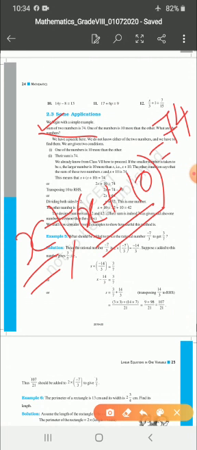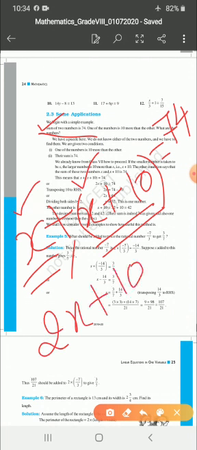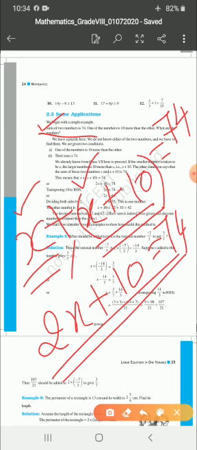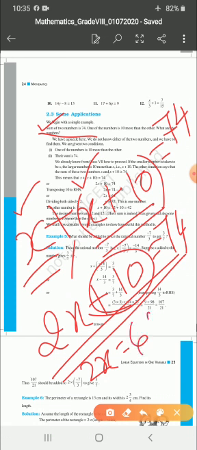Now solve this. x plus x, 2x plus 10 is equal to 74. We discussed how to solve this kind of equation in our previous video. In the same method you are going to solve it. 2x remains here only. I'll send this plus 10 to the RHS, and it becomes minus 10. So it becomes 64. Now you divide: x is equal to 64 by 2. Then you will get the answer as 32. So that is the x value: 32.